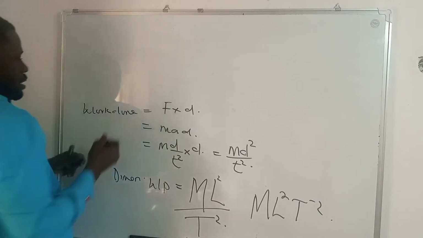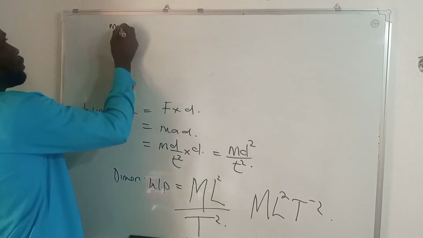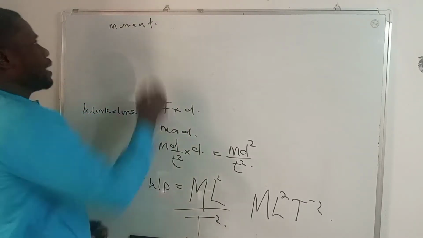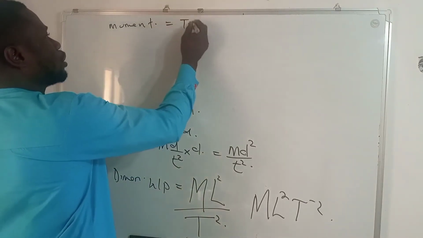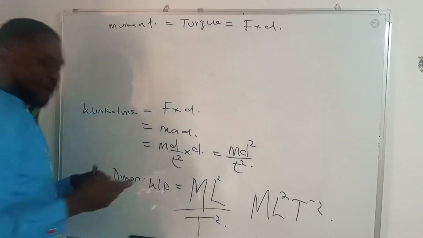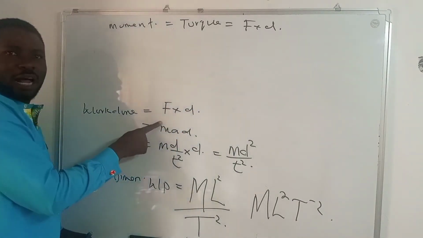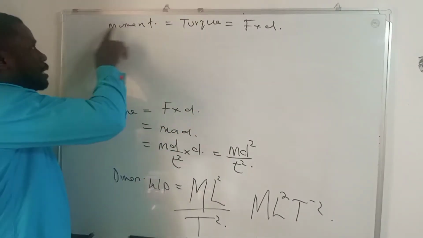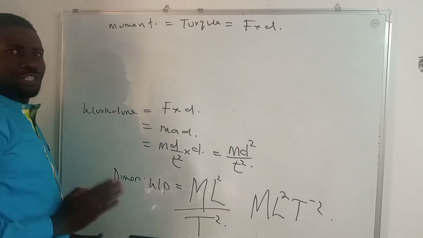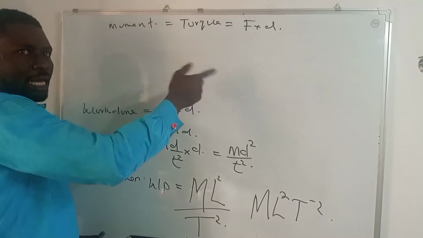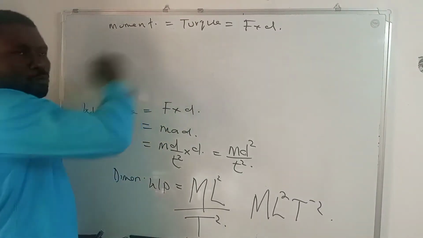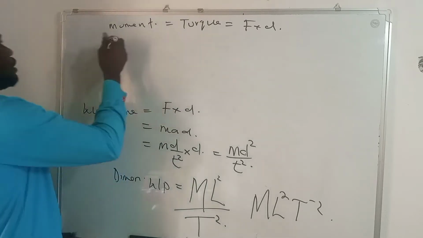Now you see moment, the dimension of moment. So if you're asked to find the dimension of moment, again, what is the definition of moment? Moment is also called torque, and the formula is force times distance. So I will not explain that because that is similar to what I've done for work done, which is why I said the moment, work done, and energy will have the same dimensions. Please take note. So I won't explain that again. Just know that this explanation for work done is true for moment. Now let's take up momentum.